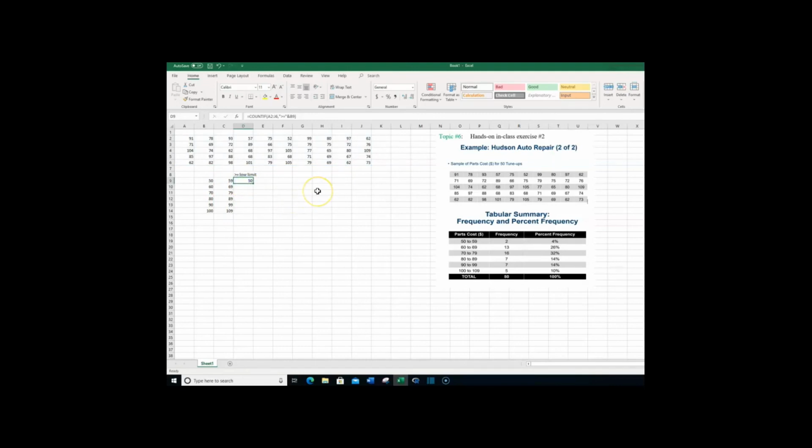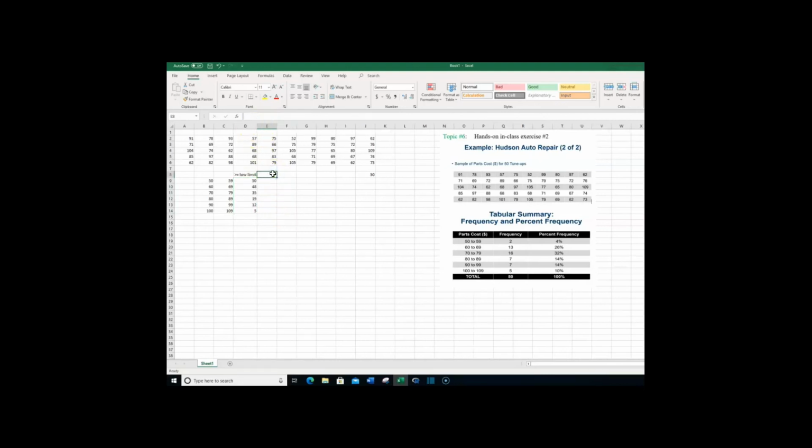So 50. Obviously, every number is higher than 50 because we know. So this is count. We have 50 observations. 50. Okay. Before we copy and paste, so we have used dollar and dollar. Okay. So 50. Okay. The next one is larger upper limit. Okay, so actually equals count